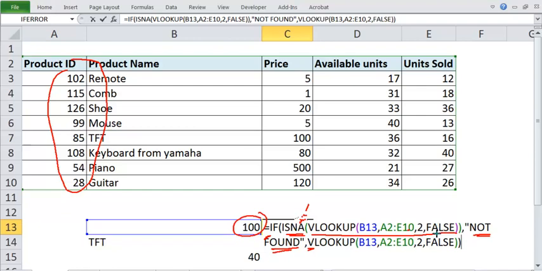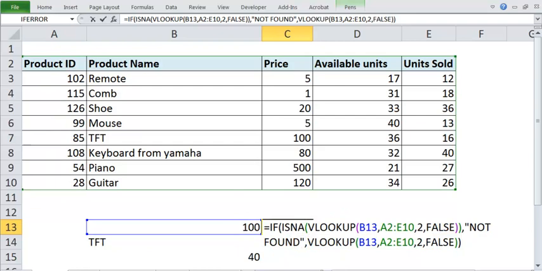But if it is able to find it, you say do the VLOOKUP again. This is the problem here: you are doing VLOOKUP twice for successful lookups. That is one thing you have to suffer from. For a large spreadsheet it may be a problem; for a small spreadsheet I do not see that it is a problem.